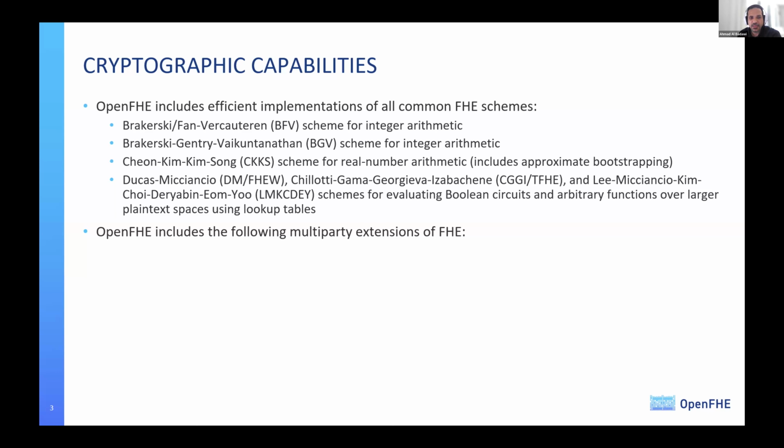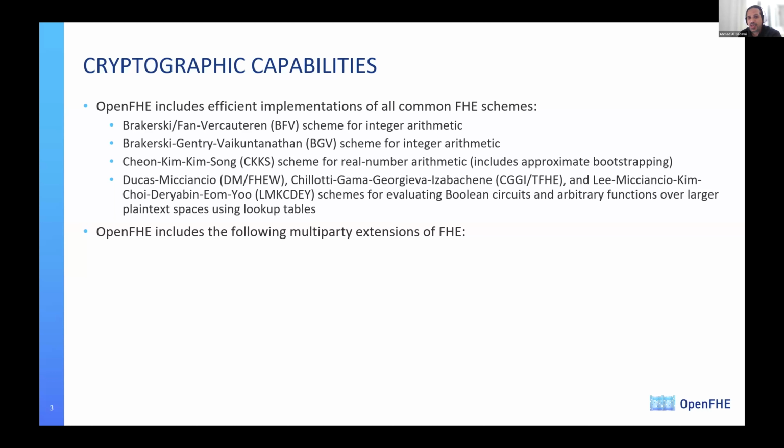The third scheme is known as CKKS, and this one is ideal if you want to do computation with real numbers, like machine learning, for example, or even complex number arithmetic. So in that case, you can use CKKS, and due to the use of CKKS in machine learning, we also include in the library its approximate bootstrapping.